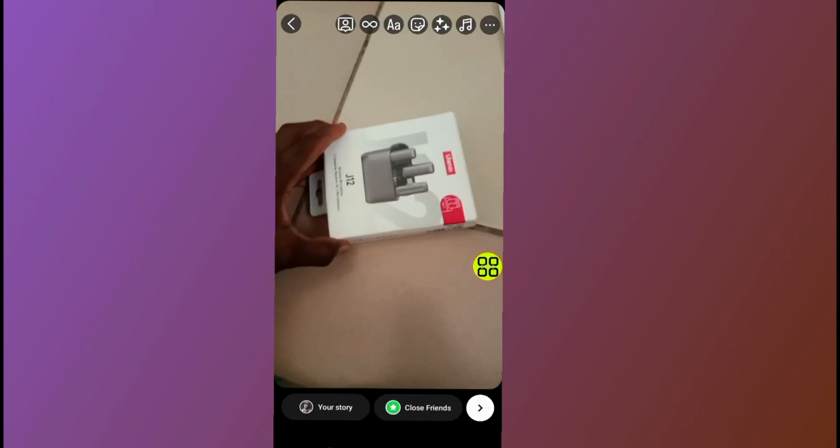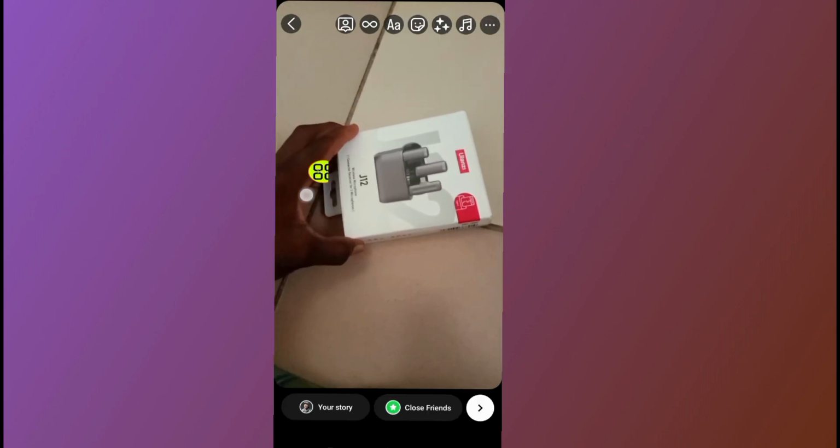So now make sure you place what you want to take the picture of on it. So I'll just use this box. Let's take it and see how it works. As you can see now, I take a picture of this box. So now it's processing. Let's see how it works now. After it finishes, as you can see now,